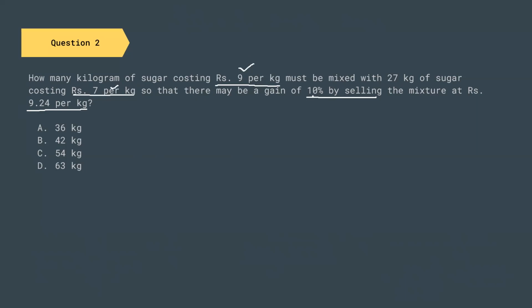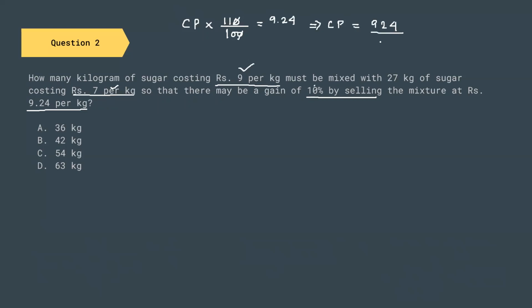The mixture is sold at 10% profit, and 10% profit of that mixture gives us 9.24 rupees per kg. So we have to find the cost of the mixture. So the cost of the mixture is CP into 110 divided by 100 is equal to 9.24. So I will cancel 1 0 here, I will cancel 1 0 here, and I'm going to write CP is equal to